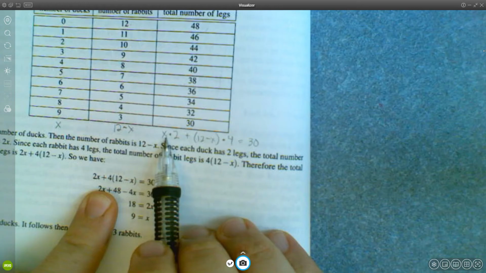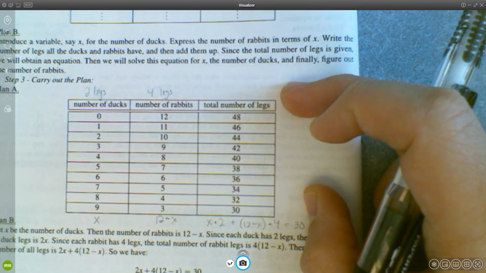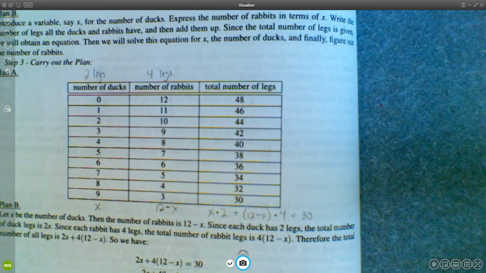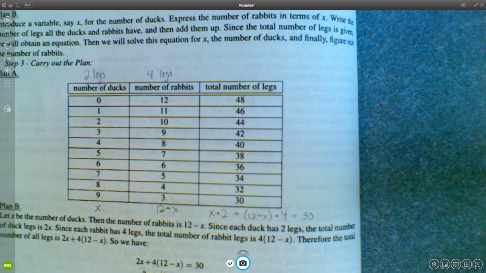Instead of saying x times 2, they're just saying 2x. And instead of saying 12 minus x times 4, they're just saying 4 times 12 minus x. But that's this equation, right? And so having gone through the exercise of putting together the chart, it gives you some intuition, some instinct to help you understand the equation, right? So that's the reason why we present multiple solutions, not so that you can use the easy way and just stick with the easy way for the rest of your life, but